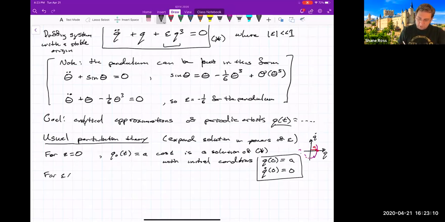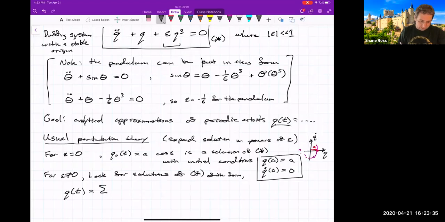So for epsilon not equal to 0, we're going to look for solutions of the equation of motion of the following form. Q is going to be a sum from n goes from 0 to infinity, epsilon raised to the nth power Q n of t. Okay, so that's what we mean by expanding the solution in powers of epsilon. If we just write out the first few terms, which is useful,